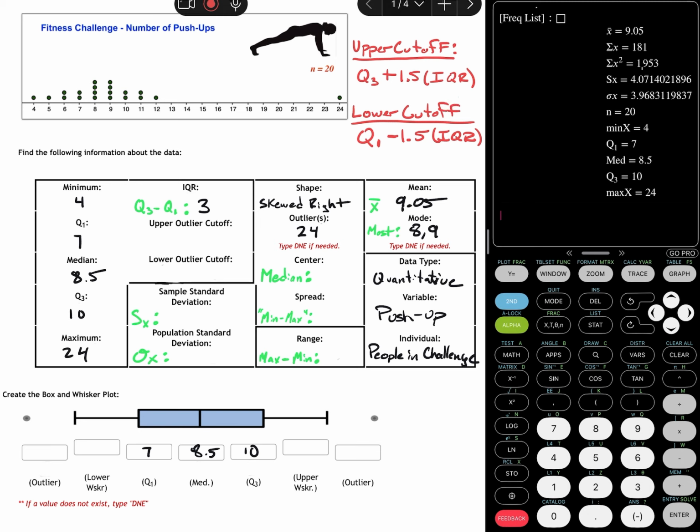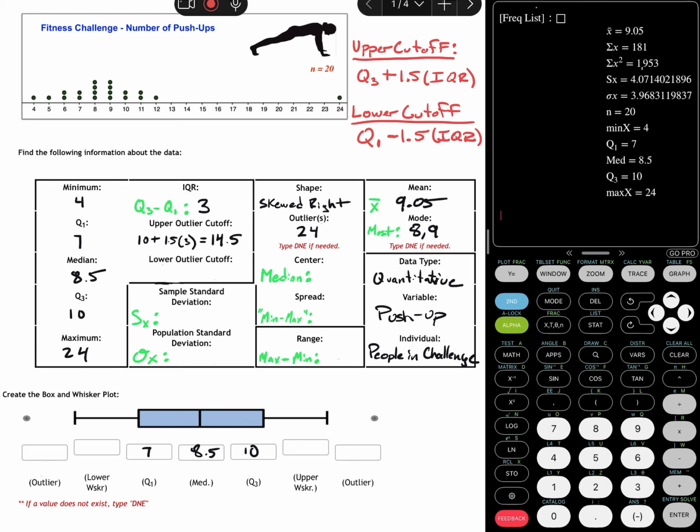And so you can see here your upper cutoff is going above this right side, so Q3, upper cutoff, and then you're tacking on your IQR. Remember, your IQR is the distance of this box. So from 7 to 10, the distance is 3. So we're taking this Q3 and we're adding on 1.5 times 3 to bring us up to that top value. So in this case, that would be 10, and then plus 1.5 times 3, which is 4.5, so this is